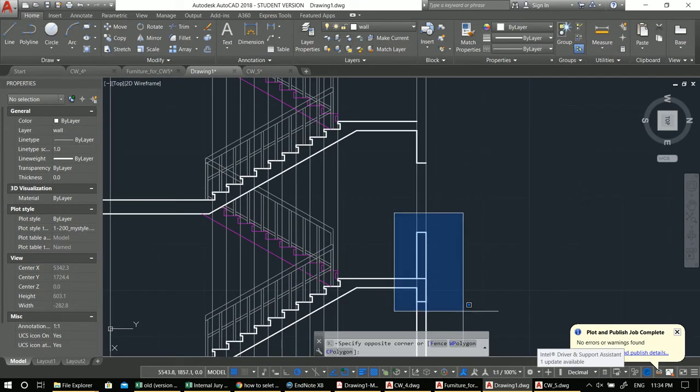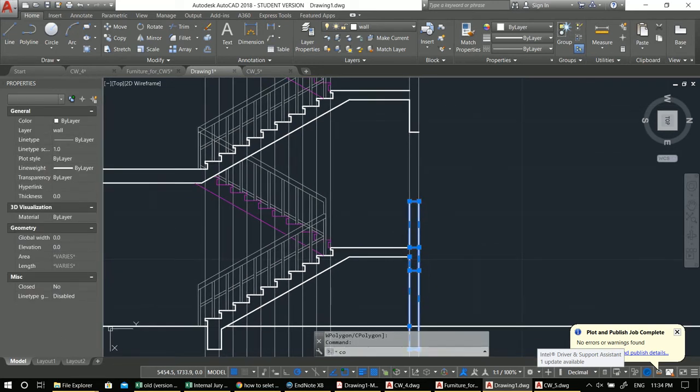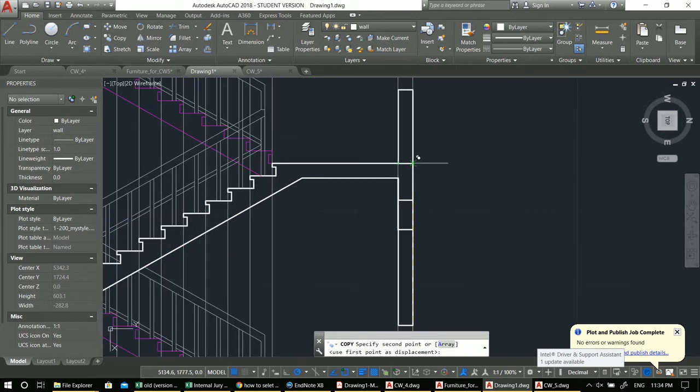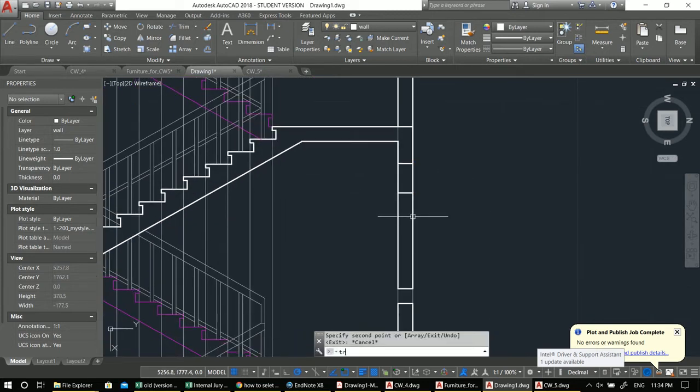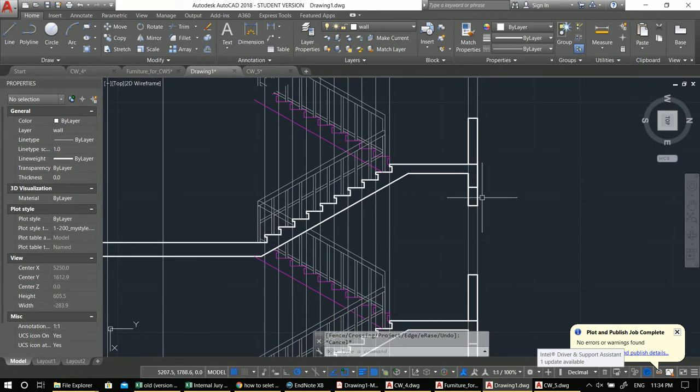Alright, so let me copy that as well. With this one from here to here. This part is excess part. Okay, let me get rid of that. Now